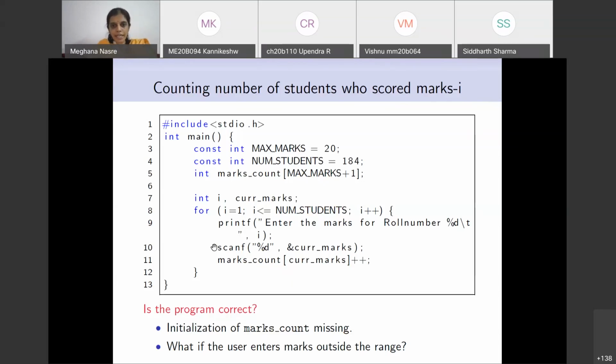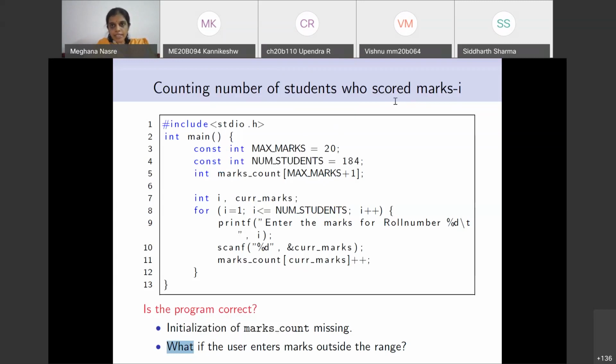So we will see the behavior. Let me just state things about this. There is a problem with this program that there is no initialization of marks count. I have already agreed to that. This should be initialized in this line or using a loop which runs from 0 to 20 and initializes all of marks count to 0. But what we are discussing right now is what if the user enters marks which are outside the range, a negative integer or a mark which is greater than 23.